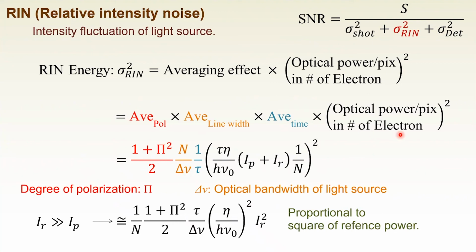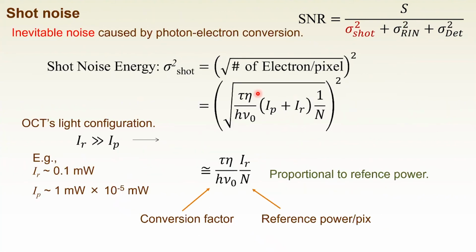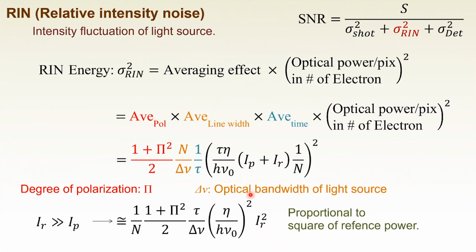Okay, and then the optical power. This part is the same as that of shot noise, right? This one, but with a square root. Shot noise is a counting noise. In some perspective, shot noise is a counting noise of the electrons. So it's proportional to the square root of the number of electrons. But ring is a square of it because it's a fluctuation of the intensity, not the amplitude. And then again, it's squared for the energy. And it becomes this equation, and I use the same assumption that reference power is much larger than the probe